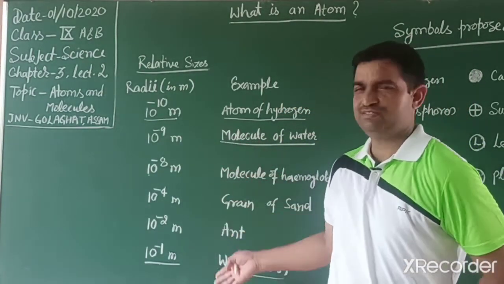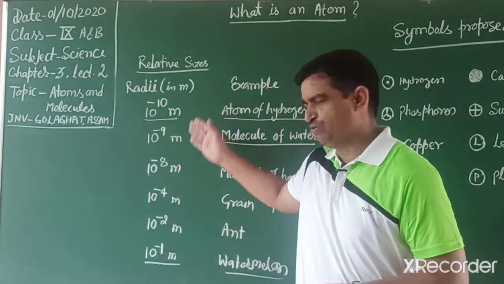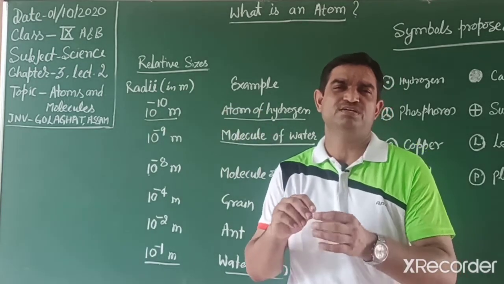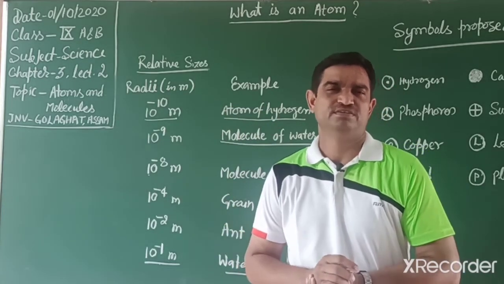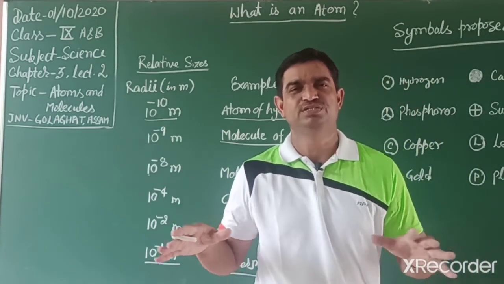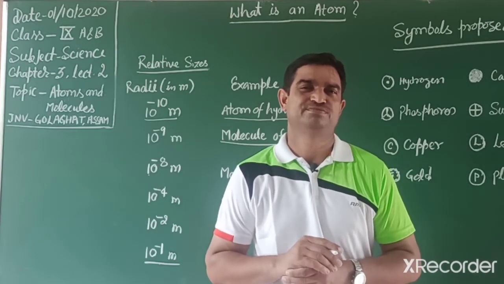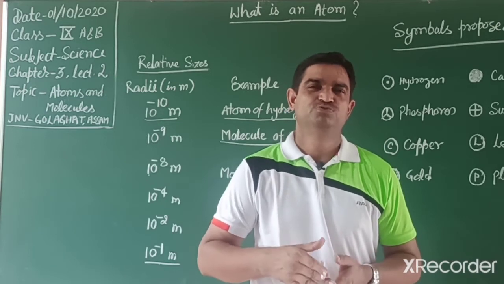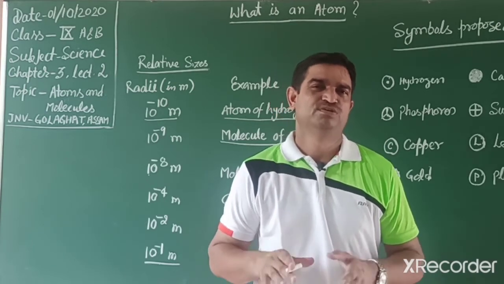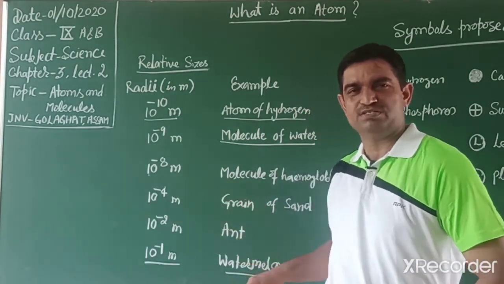You don't need to cram these radii; we only need to explain the relative size of the atom. The atom is very, very small; we can't observe it with naked eyes. These days, with large microscopes, we can see different types of atoms, molecules, ions and particles easily, by electron microscope or a large compound microscope. They can be seen only with an ultra microscope. With a normal microscope, we can't see the atom.